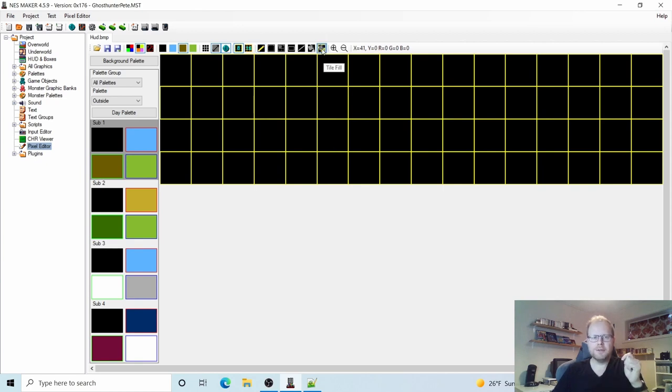So choose the tile fill tool and just choose one of the 4 colors like that. The next one, and the final one is black anyway, so just make sure the last 4 tiles have 1 color from each of these. So let's save that one. Why on earth did we do this? It's really strange. Well, this is a little trick in NESmaker. So by doing it this way,